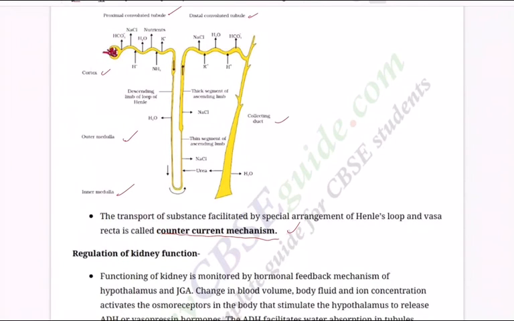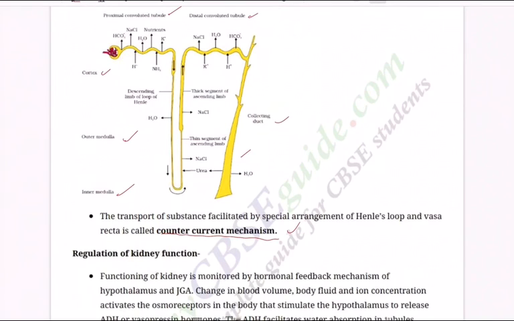Draw the diagram and you will understand that the counter current mechanism is helpful in retaining important ions. Basically it means the fluid flows in opposite directions on the two sides of the loop, down one side and up the other. It helps to maintain a concentration gradient in the medullary interstitial fluid, which helps in easy absorption of water from the filtrate present in the collecting duct, so that the concentration of the filtrate is increased.